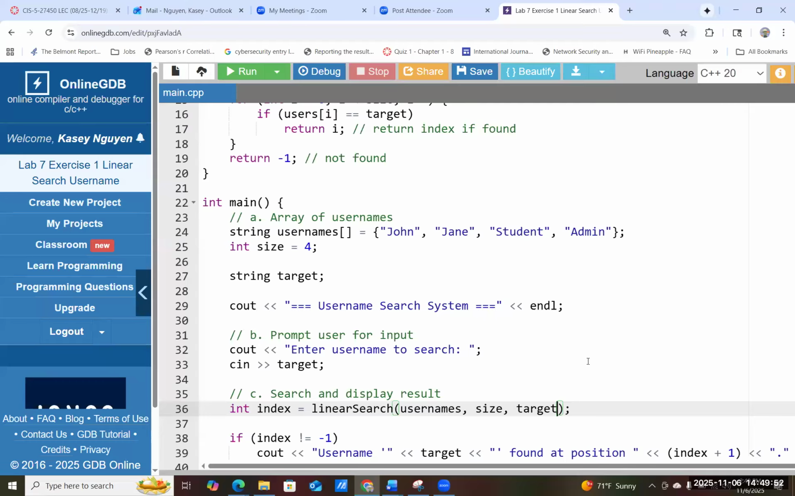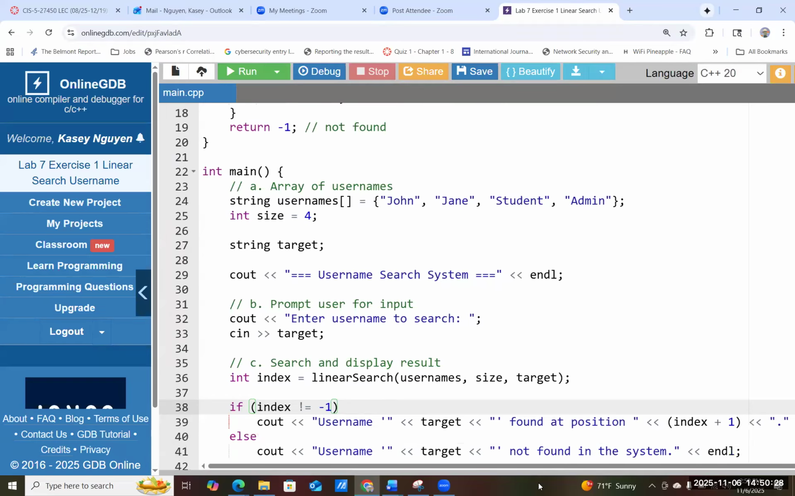Okay, we're not finished just yet, right? We still have the last part, which is after it does a function call, we want to implement a condition. If the index is not -1, why do we use -1? Because the indices of your elements start at 0, so anything below that would be not found, or it won't have a match. So we would say if index is not -1, then we would display,